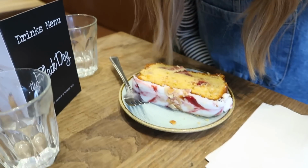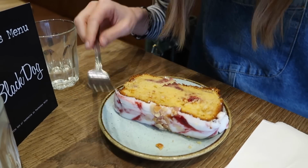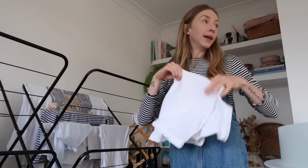Hi! Feeling so much better for some food. We ended up bumping into Tom. I've ordered myself a coffee and some almond and raspberry cake. We still need to wait